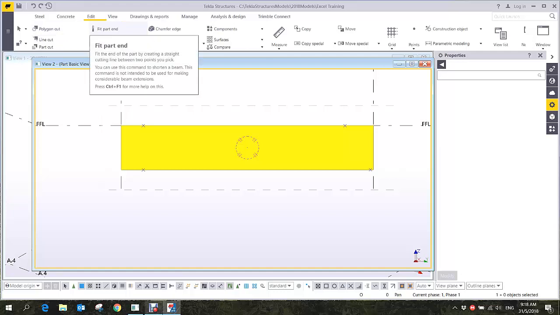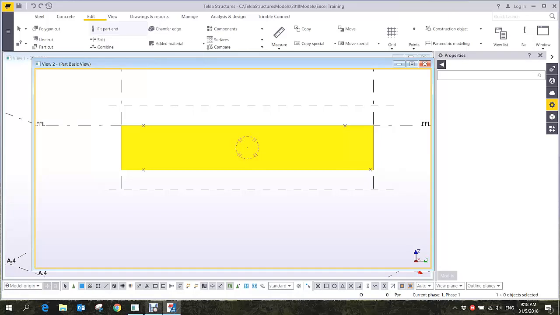Fit part end. Okay. Fit part end. It means you need to cut that one straight as a line to fit to the surface of where it will connect. I just put these points there because we don't have the part to fit. But the practical application of this one,